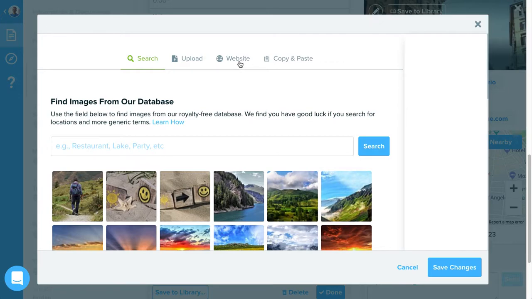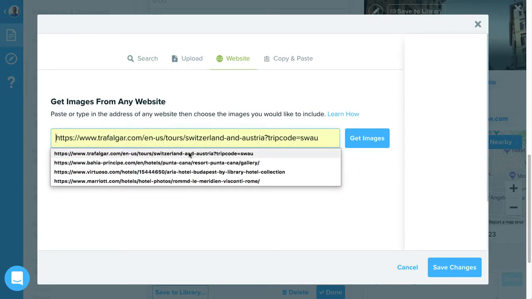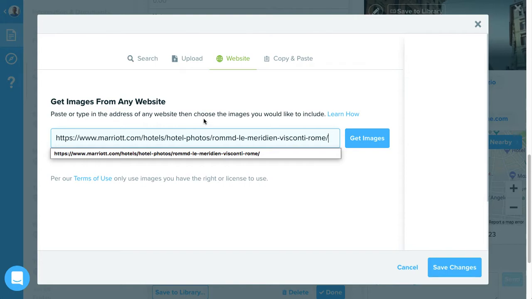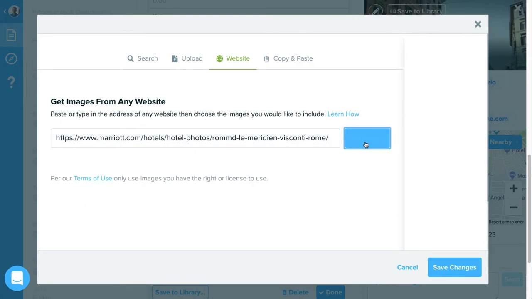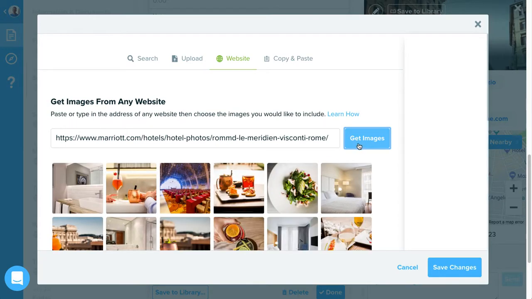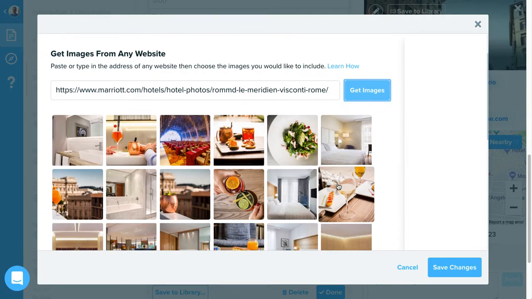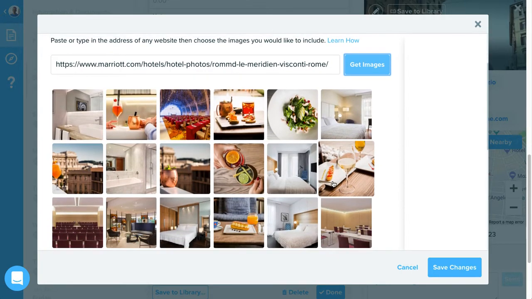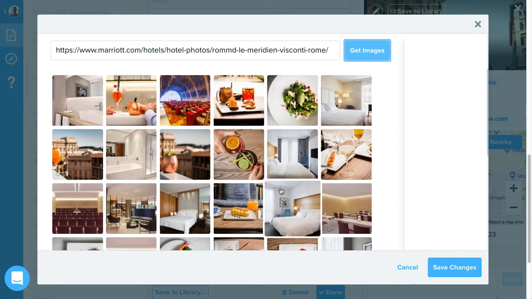I'm going to choose the website option. In the field here, I'm going to paste in the link to this hotel website and click Get Images. Now, Travefy is going out and actually looking and starting to pull in the images from the supplier website. So this is a super fast, really nice way to import lots of beautiful photos from your supplier to